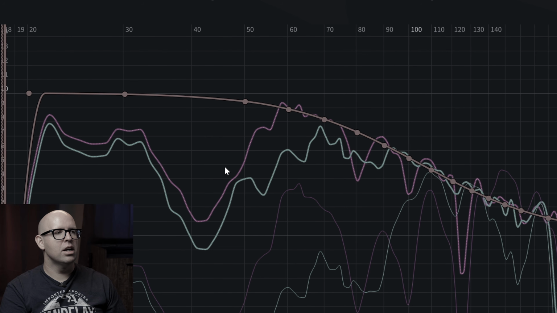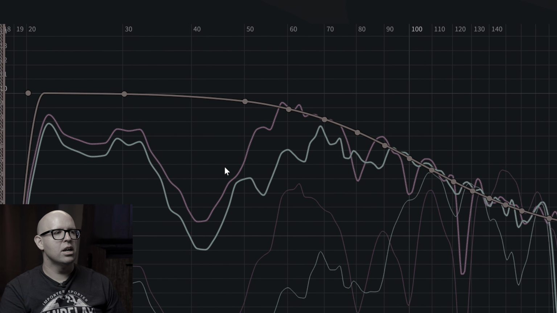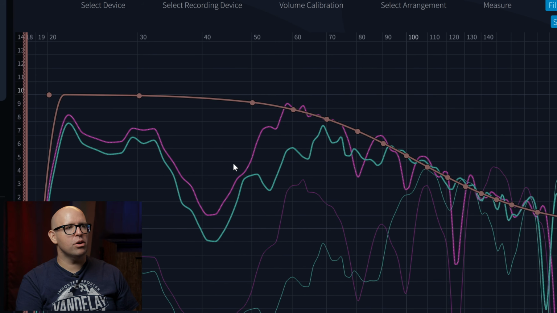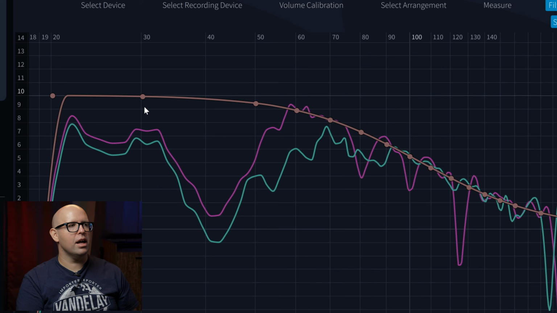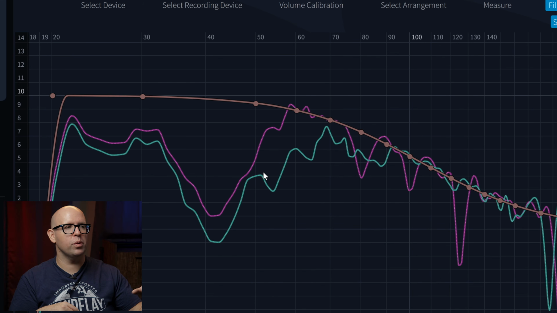That's why we need to take into account the response of each speaker in regards to bass when applying a house curve or any EQ really, as the readings and corrections do affect the subwoofer too, not just the speaker. So you'll notice if we uncheck the measured one here, we're not really achieving the 10 dB that we need right here. And the reason for that is our volume on our subwoofer is actually set too low overall, not within the Dirac software, but within either the receiver or the subwoofer volume themselves.